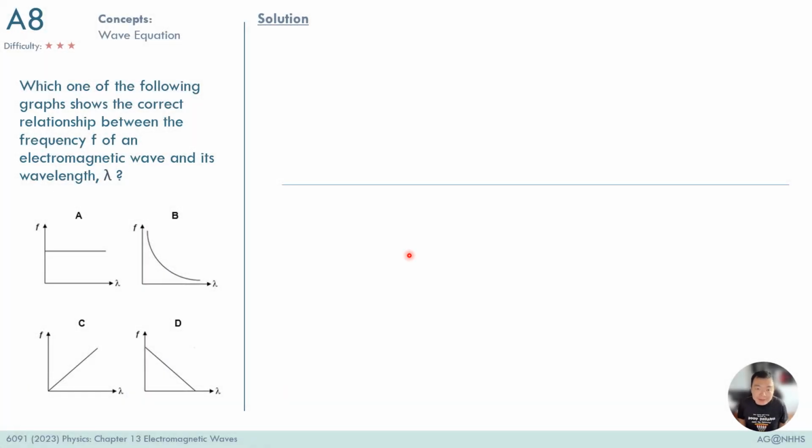This can be a pretty difficult question if you're doing this for the first time because it requires you to know the graphical representation of the wave equation, and you need to apply a little bit of what you have learned in math on how the graphs or equations look like. So the answer to this question is B, and the equation for this question that you can use is the